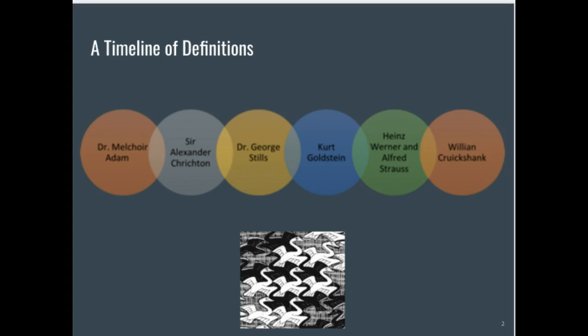And again, just like Crichton had talked about, they had to force themselves to respond appropriately to stimuli. They just had a difficult time attending. This little picture that you see at the bottom is kind of linked to the Heinz Werner and Alfred Strauss study. It's called the Strauss syndrome now, where they did studies on people with identified brain issues, definitely some of these soldiers that they were talking about, or people with mental retardation, and eventually even into students with cerebral palsy.